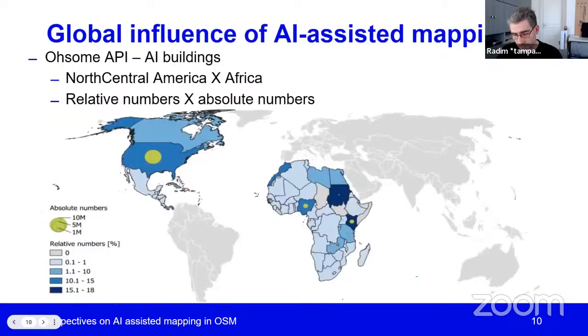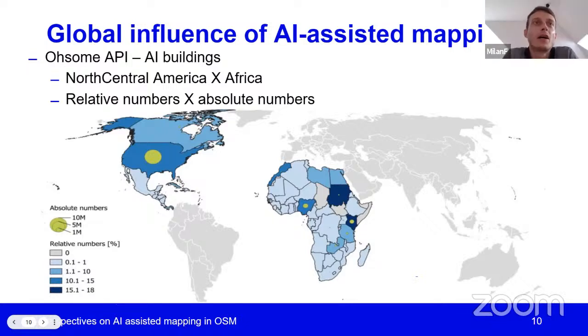This is nothing totally new. AI pre-prepared roads existed even in 2017, so even nowadays we can see some global results about the use of AI objects. This is a topic for Milan Fila, so I can give the speech to him right now. Milan. Thank you very much, Radim.